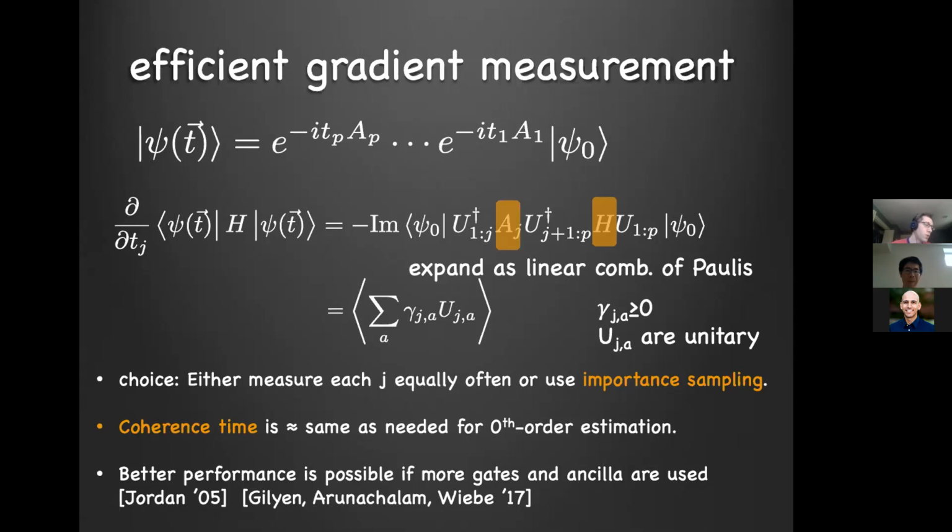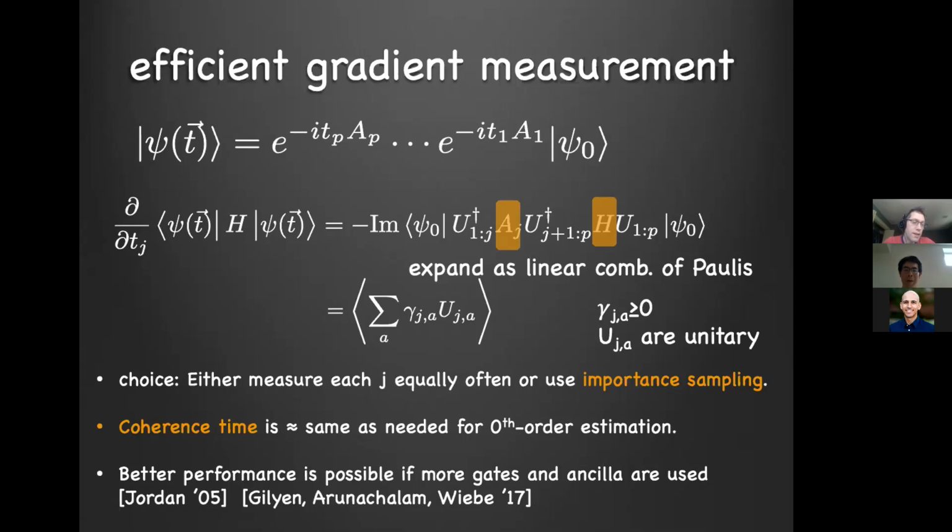Whereas if you're doing energy measurements, you get to measure all the commuting terms all at once. And so that is why I think they and some other people thought the gradient is not worth it, because you lose kind of a factor of n right off the bat. And the other thing,